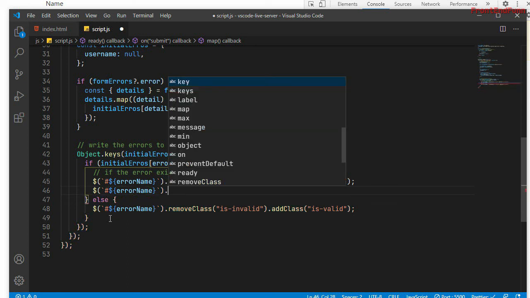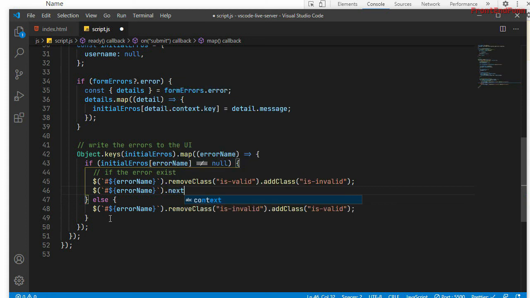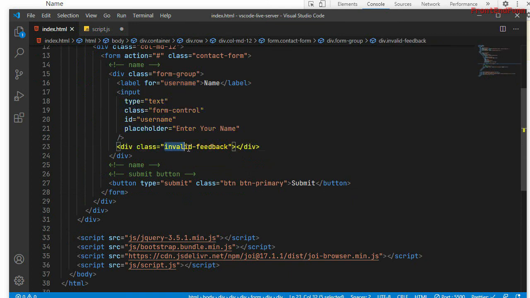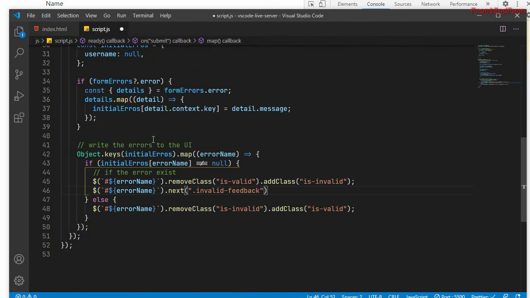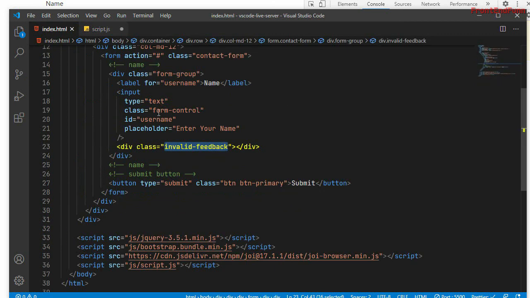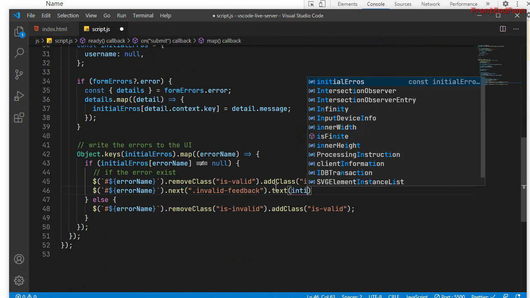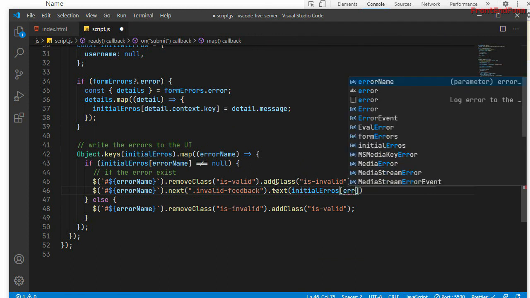Error name dot next dot invalid feedback. So invalid feedback is a class. I'm just trying to get the next div element after the username, the invalid feedback, and dot text, I need to display the initial errors of error name.